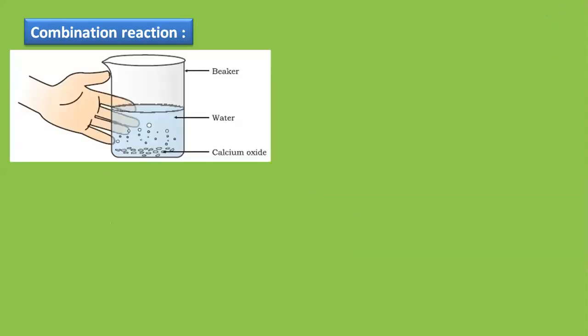Let us take one more example now. The next example of combination reaction, students, as you can see in this picture, I have a beaker filled with water, and at the base I have taken calcium oxide. If you want your chemistry to get much better, at every stage try to make the formula on your own. What is the formula required here? Water, I know everybody knows, is H2O. What is calcium oxide? Think, my dear students, it's very simple.